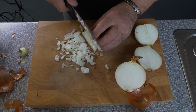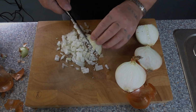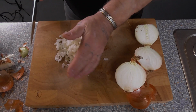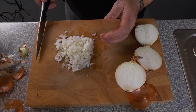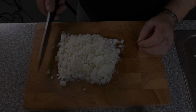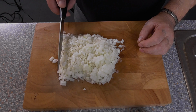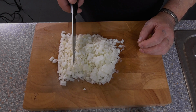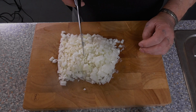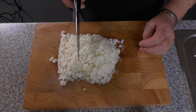Sharp knife is better for this. So that's my first one done. I'm going to do the other one and then come back, and then we'll move on to the mushrooms. Okay, so that's my 2 medium-sized onions finely chopped and prepared. I'm going to transfer them into a dish, and then the next thing we're going to do is prepare the